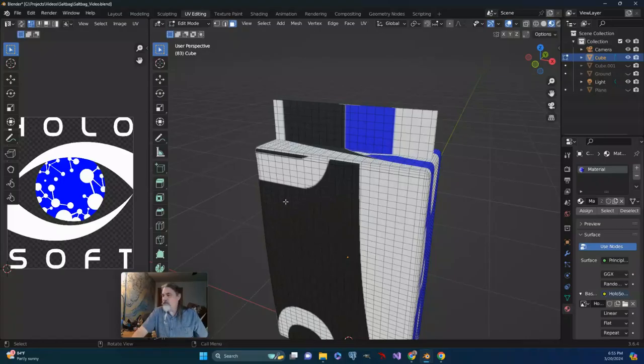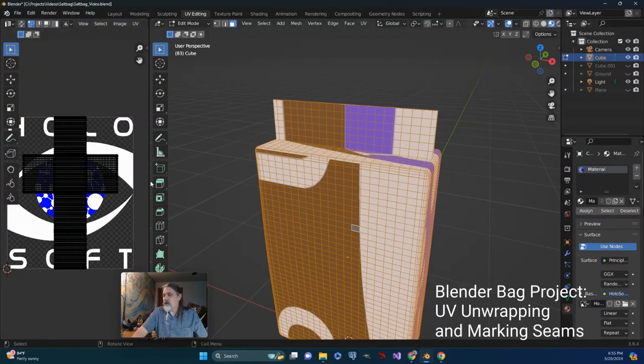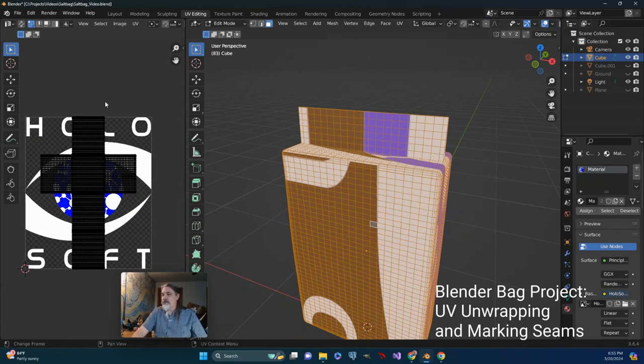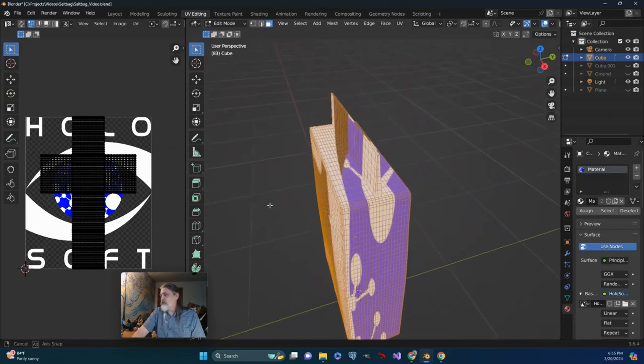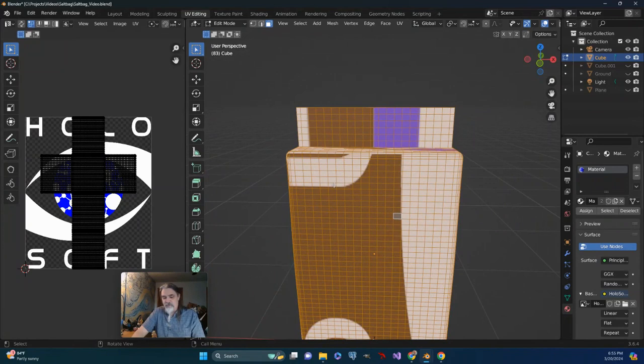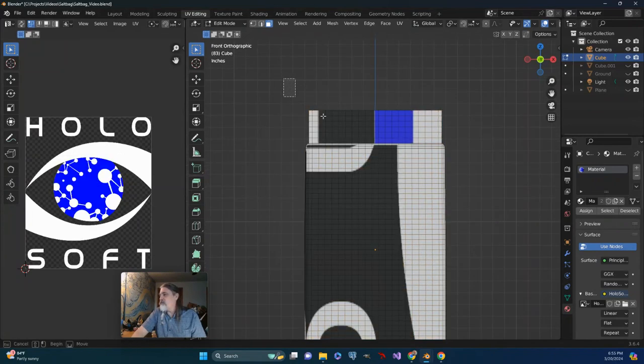All right, so UV unwrapping by default, when you started with an object that was a cube, it unwraps things in a cross configuration, but we can control and change that a little bit. So there's a few different ways to go about this. For example, if I'm looking at this from this view, I could